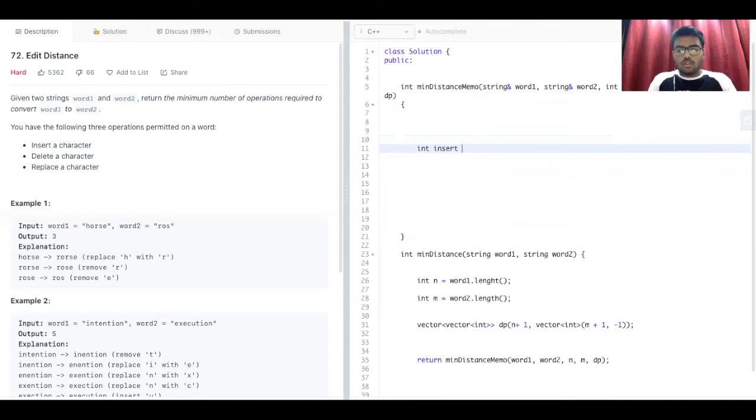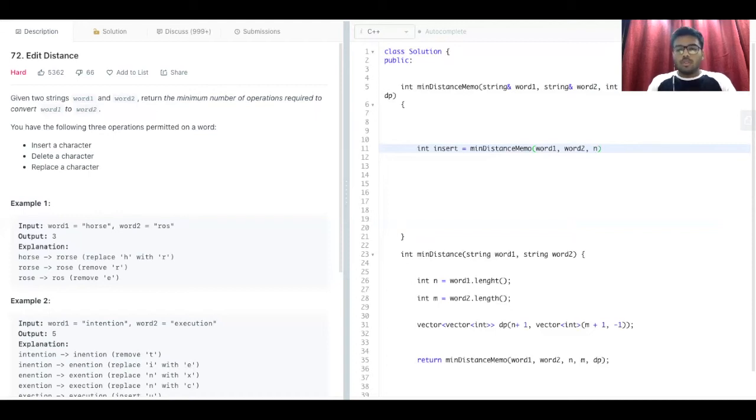So for first insert, we'll make a recursive call min distance memo word1 word2. Now insert. What would you do when you're inserting an element from the second word into the first word?